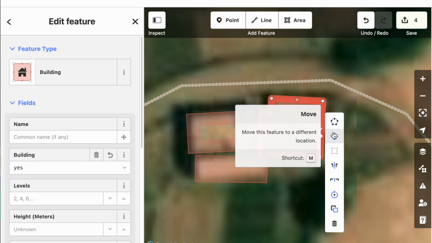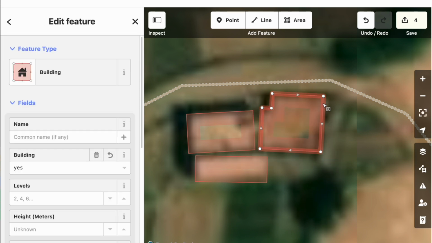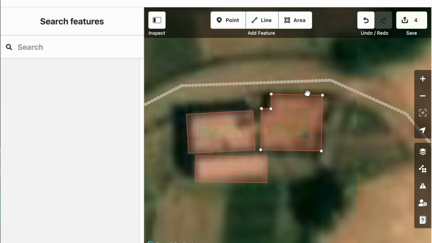So if you have a building selected and click Q, it will automatically square the building. The same thing for moving and rotating. To find other shortcuts for iD Editor, just hover over a button and oftentimes we'll have a little subtext that says shortcut and then the key on your keyboard that correlates to that action.